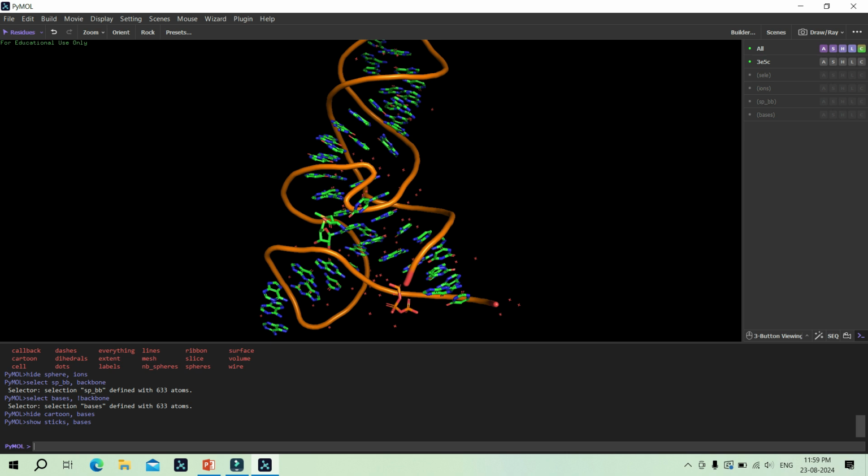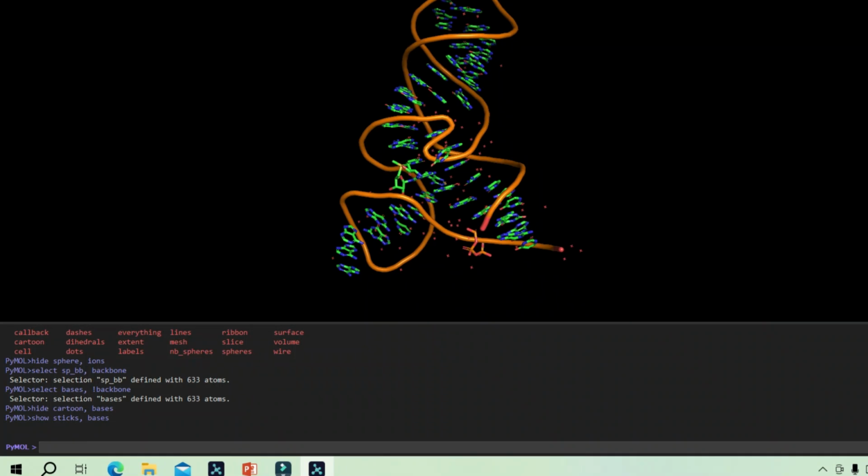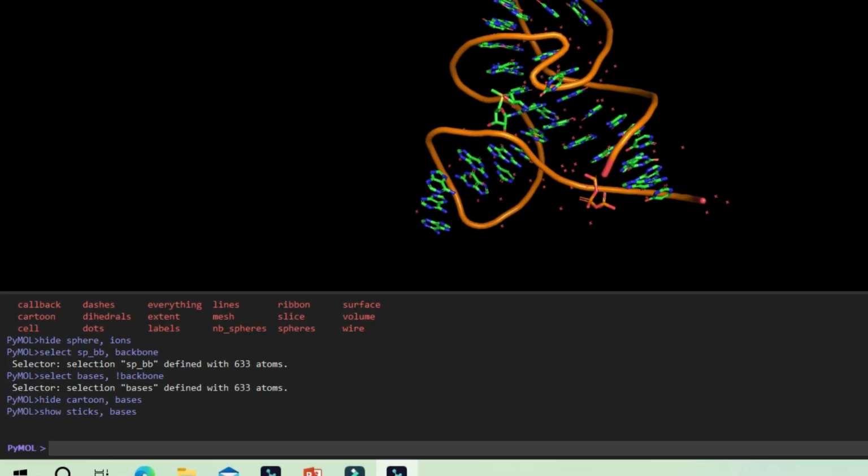Now what remains is coloring of the nucleotides that are present above our ligand structure, below our ligand structure, and to the side of the ligand structure. These three parts of the riboswitch are the famous three domains which enable our RNA molecule to function as a riboswitch. So they need to be highlighted in three different colors so that their significance can be noted. To do this, we will first select the atoms that are present above, or the nucleotides that are present above our ligand structure,